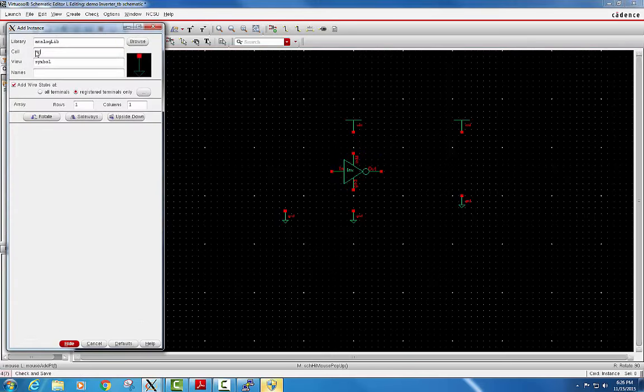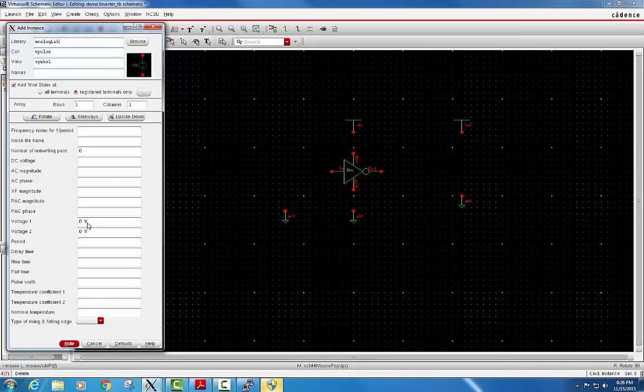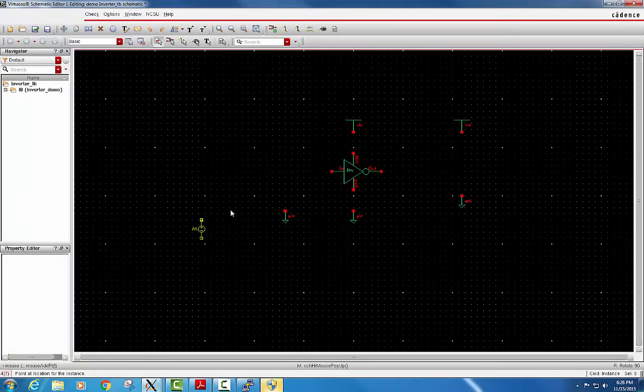And we need input signal. Let's say it's V pulse. Let the voltage be 3.3, period be 40 nano, 10 pico rise time, 10 pico fall time, and let the pulse width be 20 nano. That's a perfect square wave. And place this symbol, make all the connections,